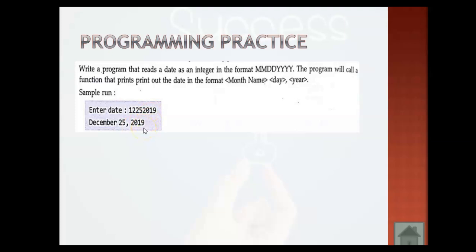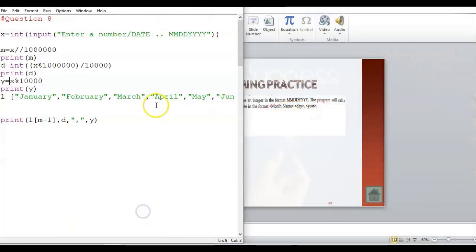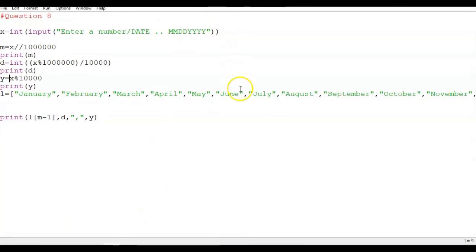The main part of this question is to make ourselves comfortable with extracting a part of a complete number. If you have any idea about number programming, you must be aware of the divide and modulus operators, which are mainly used for extracting a part of a complete number.